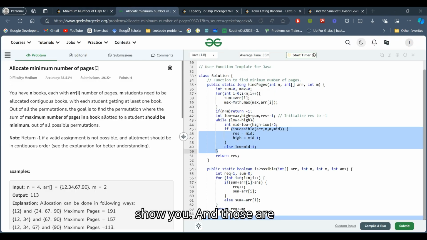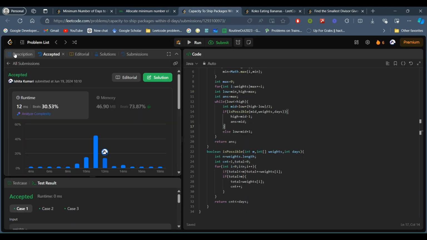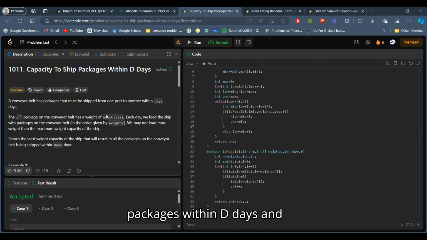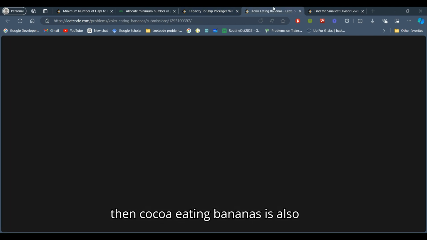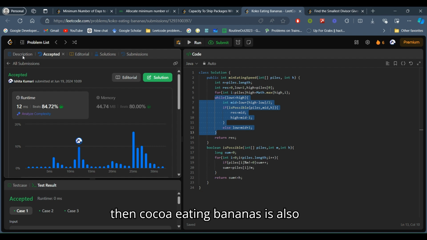Those are allocate minimum number of pages. This is very similar to the minimum number of days to make bouquets, and capacity to ship packages within D days. And then Koko eating bananas is also a similar problem.